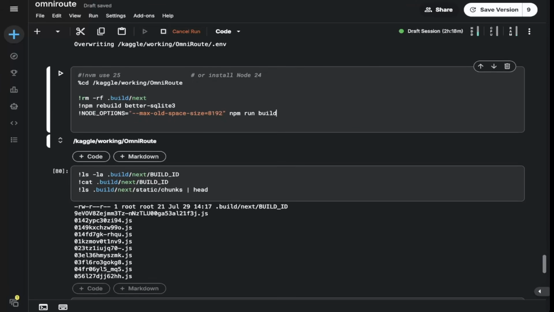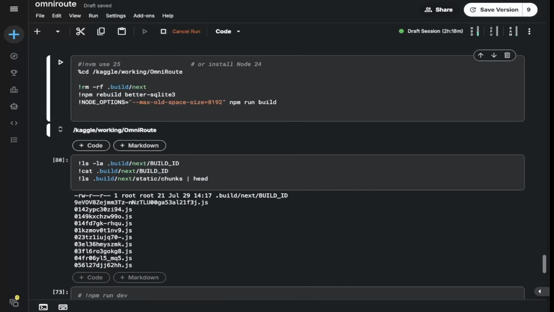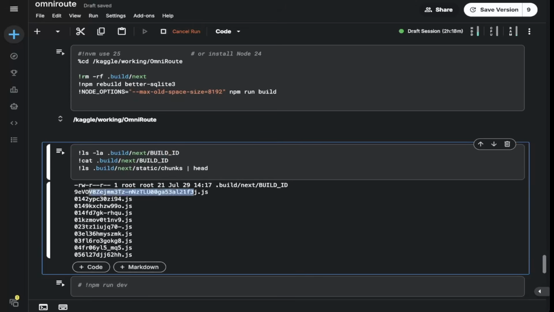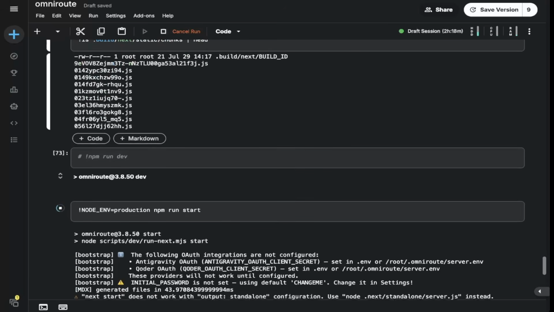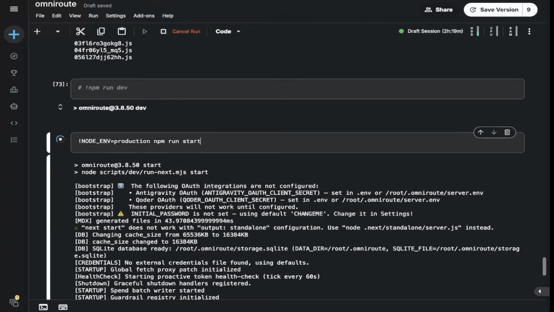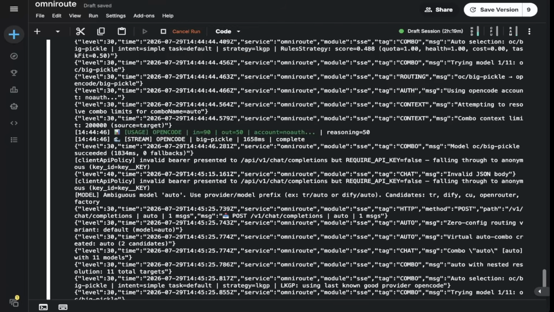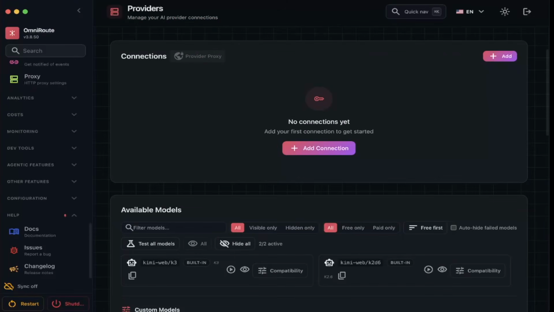The dev probably has some problems, and then you can check if the build ID is ready. So you can see that the build ID is ready, meaning the build is successful. Then after that, make sure you just run npm run start. This is why you need a production build. And then you can see that everything is spun up. So you can then access your local terminal, which we spun up publicly, so that you can see that everything